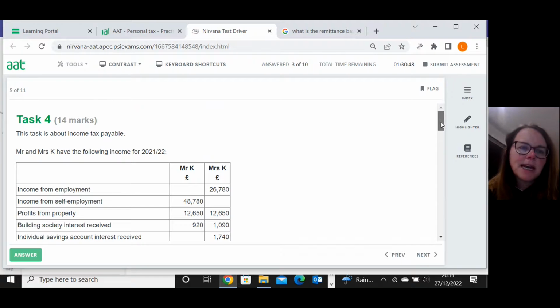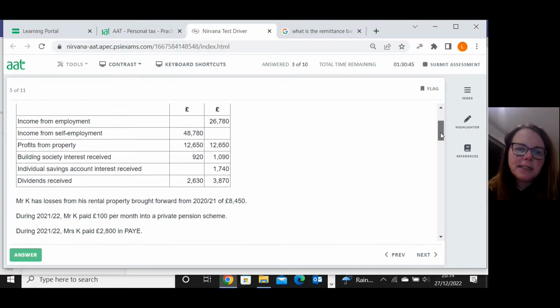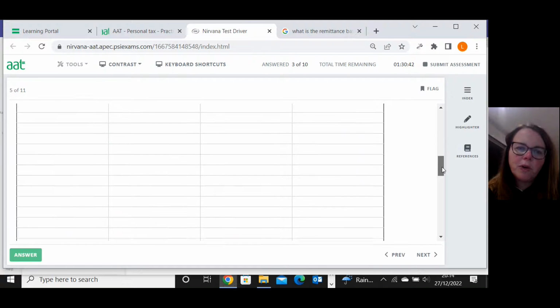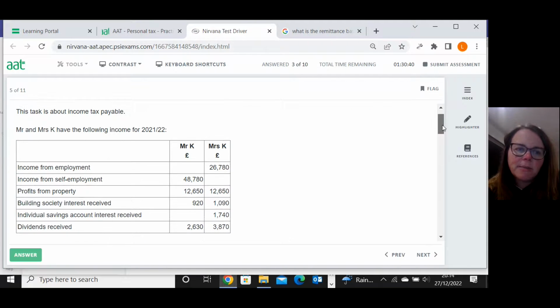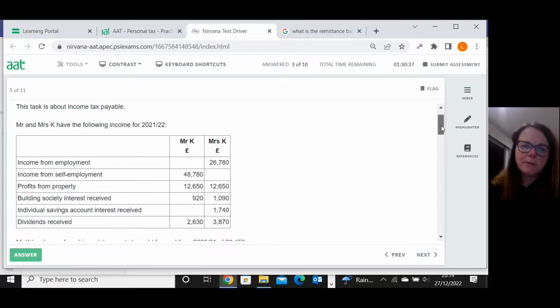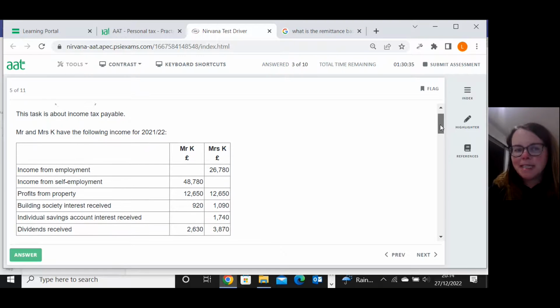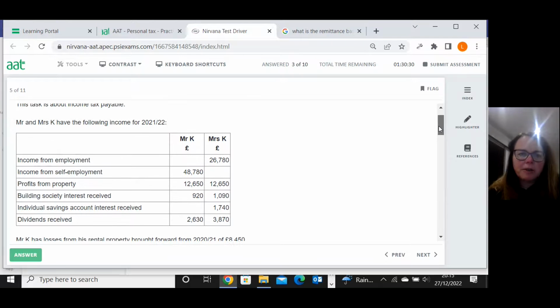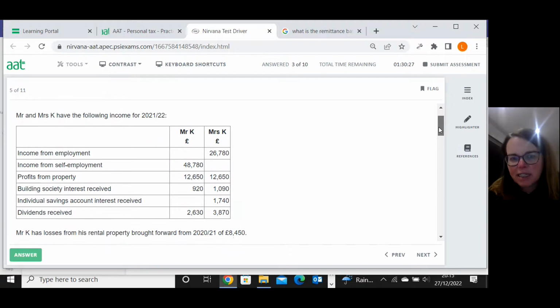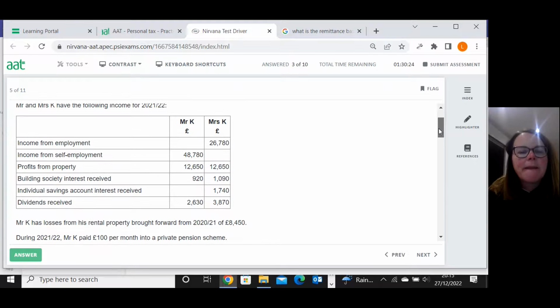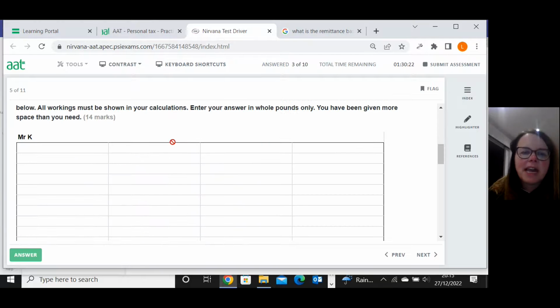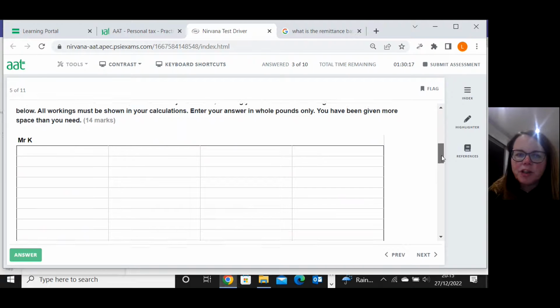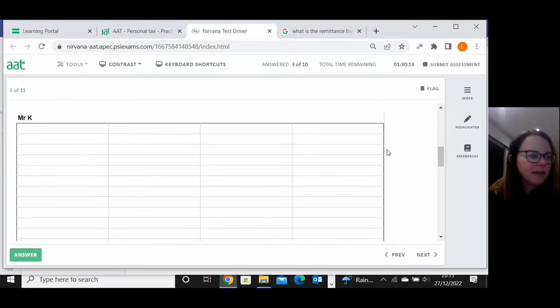Task 4, income tax payable. So this is the human marked question with the 4 columns. In this example, we have to do 2 income tax computations, one for Mr. and one for Mrs. K. So I'm going to use the approach that I showed you in the last video for the first AAT sample assessment, where we don't have columns for NSI, SI, DI, but instead we kind of use them to show our detailed workings. So starting with Mr. K,